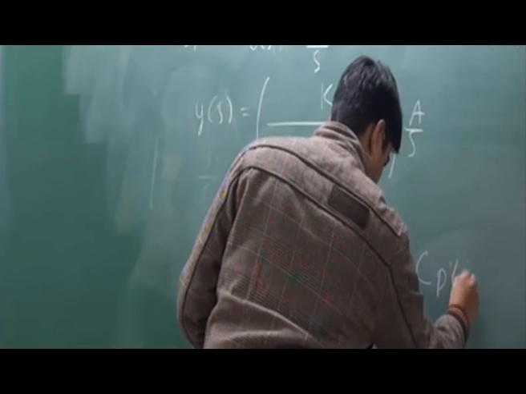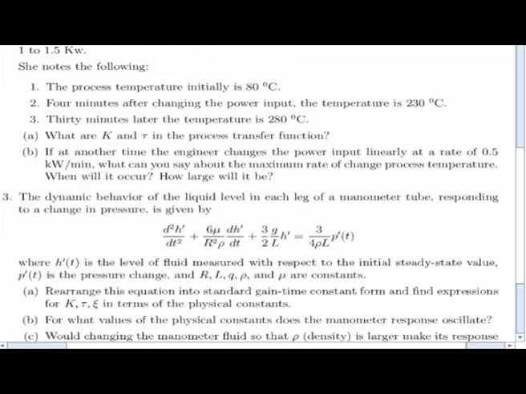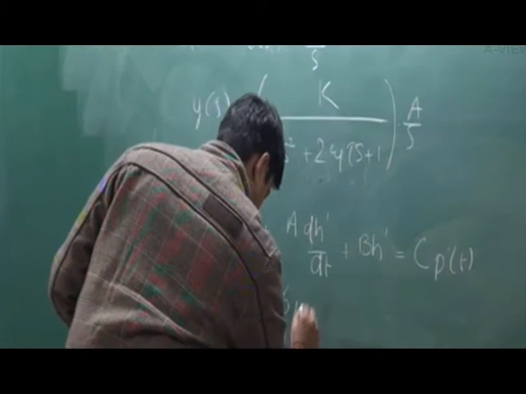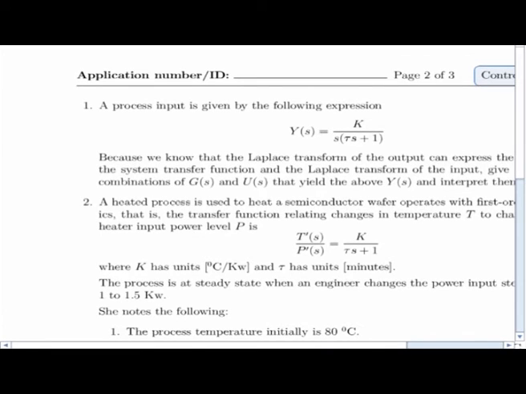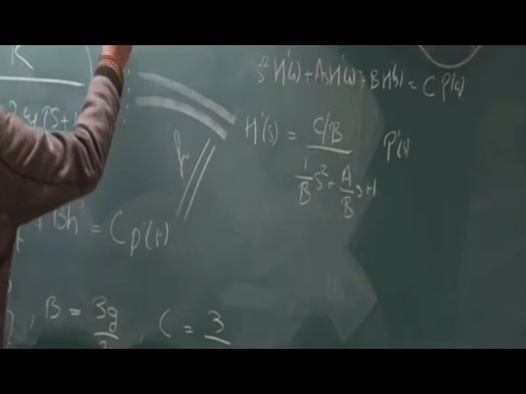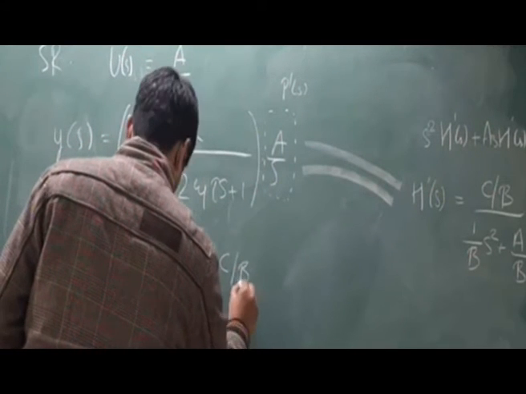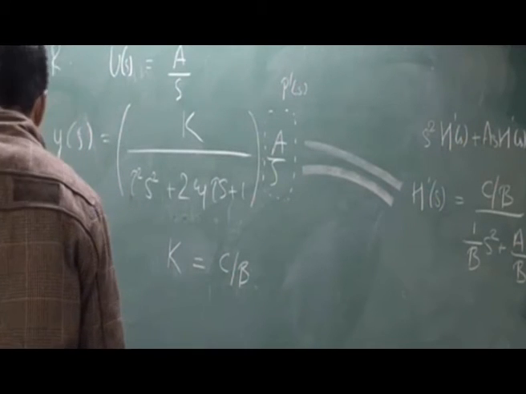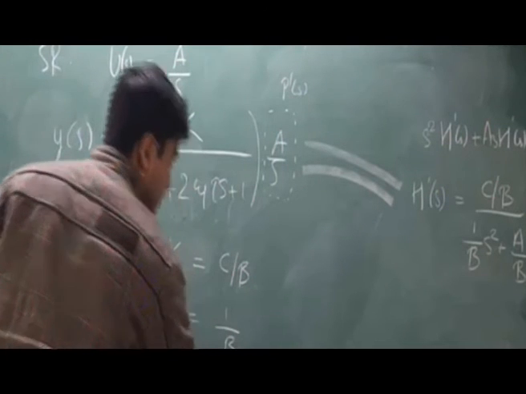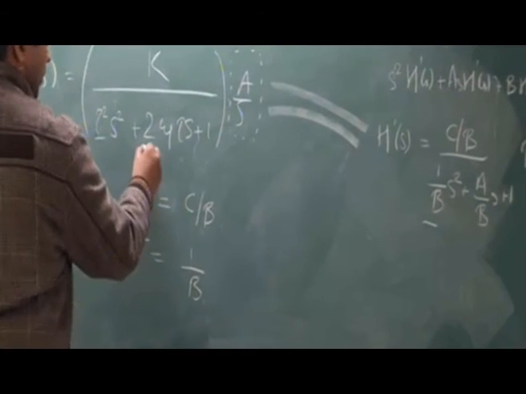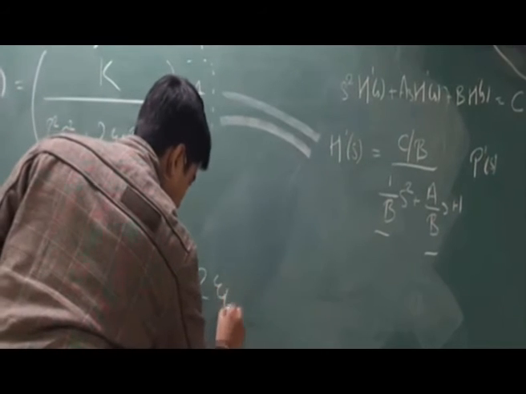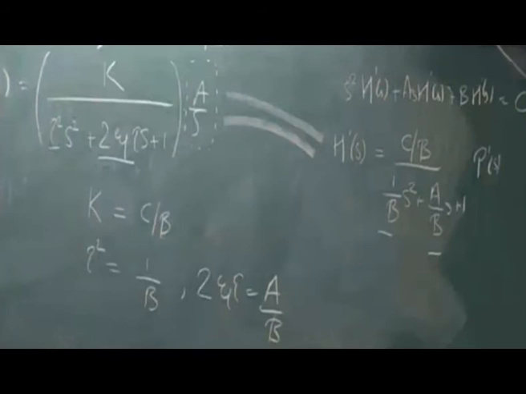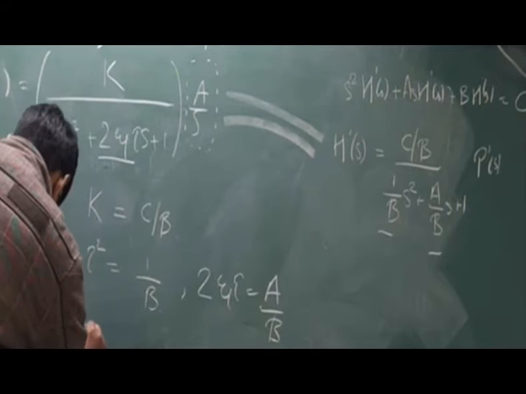I hope it is clear from the very beginning that our H is the output and P is the input of the system, where A is... So if you now compare these two equations, where this one is our P dash, I'm just comparing these two equations where my K is equivalent to C over B, tau square is equal to 1 over B, this part, and 2 xi tau is equal to A by B. So I would have my tau is equal to...